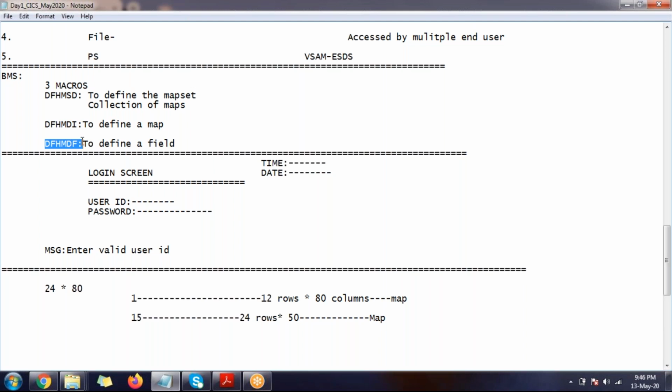If you see JCL, if you write a condition parameter on the job card, is it related to the step or not? Let's say you did not write the condition parameter on the step, but you wrote it on the job card. Is it going to affect your step or not? You got my answer, Varun?